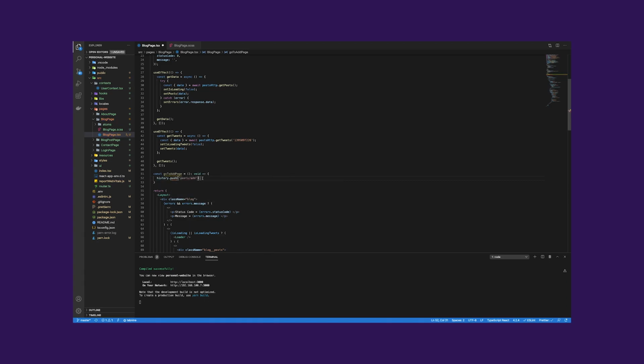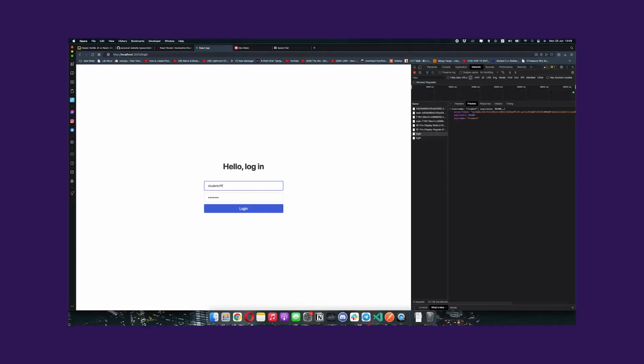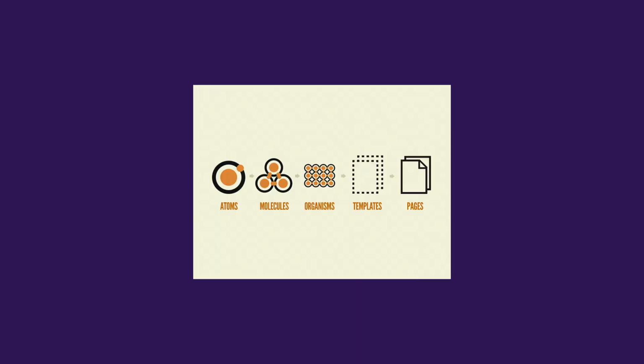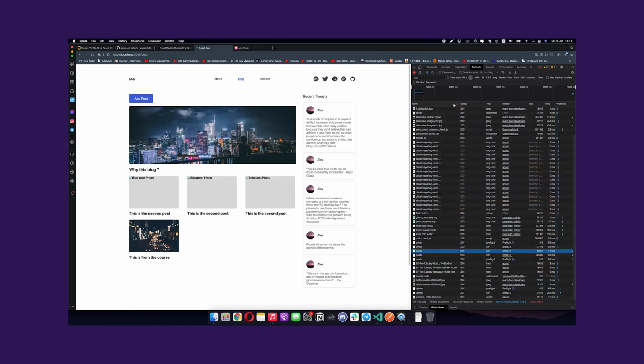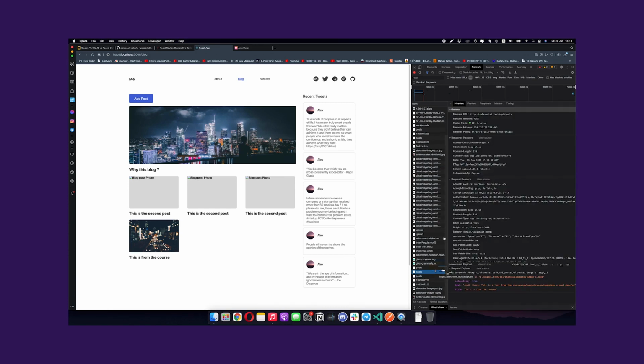And just to give you an overview, we will do a lot of things. We will upload files, we will create the admin side of a website so you can edit the content the website shows. We will do user authentication and login. You will understand a CSS framework like SCSS and CSS methodologies like BEM. You will learn what is atomic pattern and why to organize your application based on this methodology. We are going to get our tweets from our Twitter profiles. We will work with an API that I built so we can practice working with a backend and a database to get data from it.